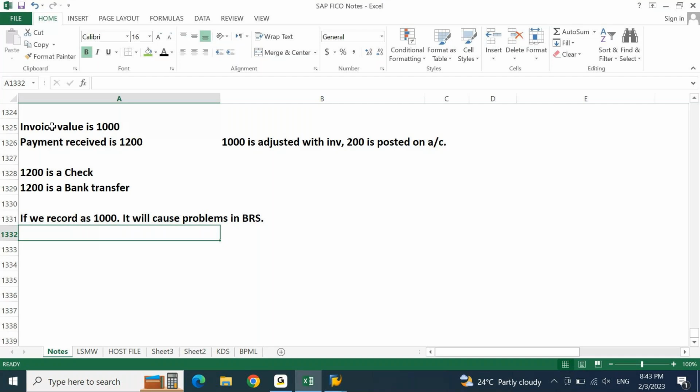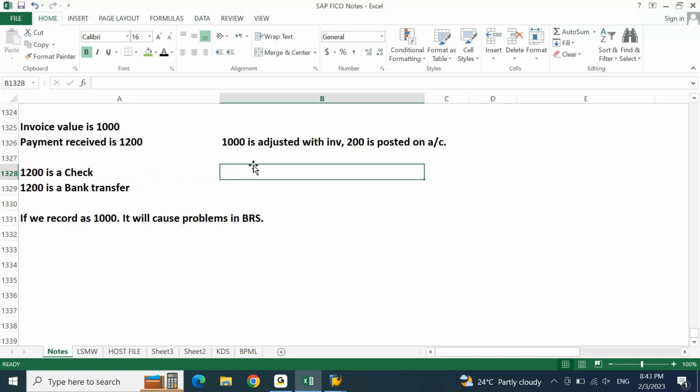Like the subsequent impact, you must be in a position to visualize. It's not about, even if I post this as 1000, system will not stop me. Agree? If I try to record this as 1000, will system stop me? System is not going to tell me this check is 1200. Why are you posting for 1000? System is not going to ask me. But I should understand that this will create further problems, further complications, because I'm recording a transaction for incorrect value,